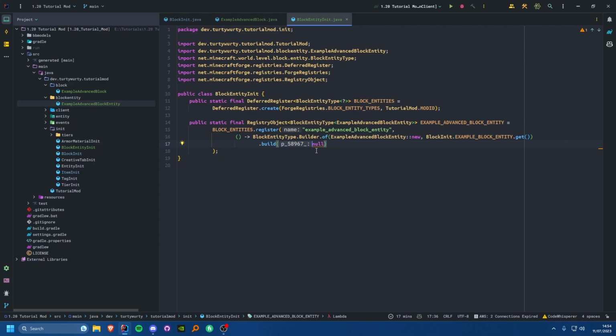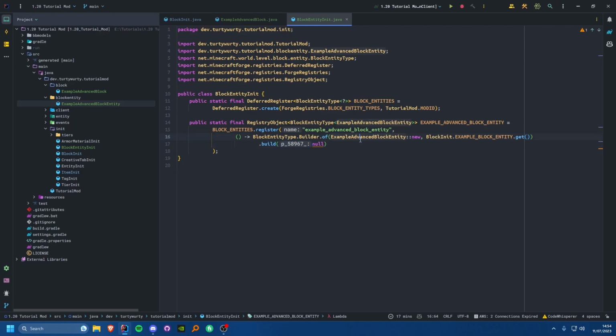But for mods, we don't need to do that. You could do it, but you would need to read a whole PhD paper on how it works, and that's how complicated it is. So needless to say, I'm not going to be covering that because no one does it. Not even the biggest mods like Immersive Engineering or Mekanism do that kind of thing. So we won't be doing that.